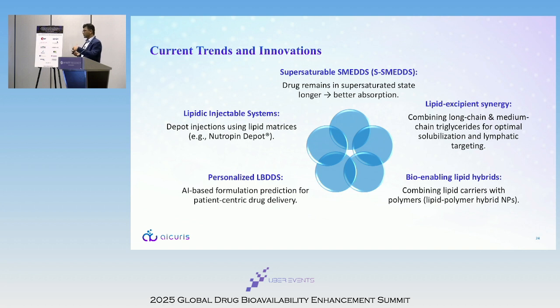And at the same time, we get the advantage of this IgG limit, so that we still try to be within limits. Then we also have the possibility of combining lipid carriers with the polymers. So basically we go with these lipid polymer hybrid nanoparticles. This is quite an interesting platform technology that is coming. Then AI-based formulation predictions could be of importance when we go for personalized medicines.